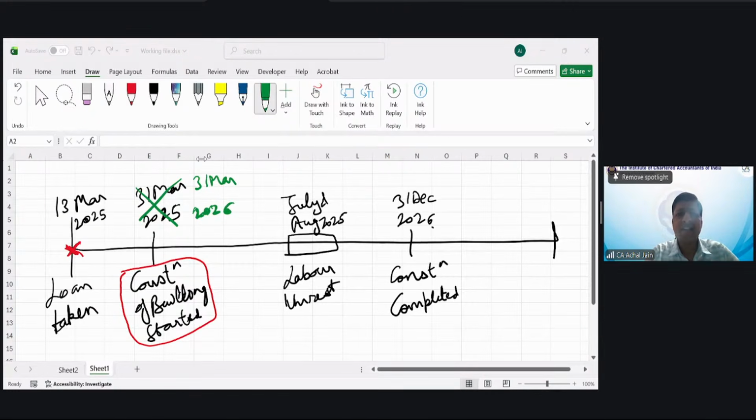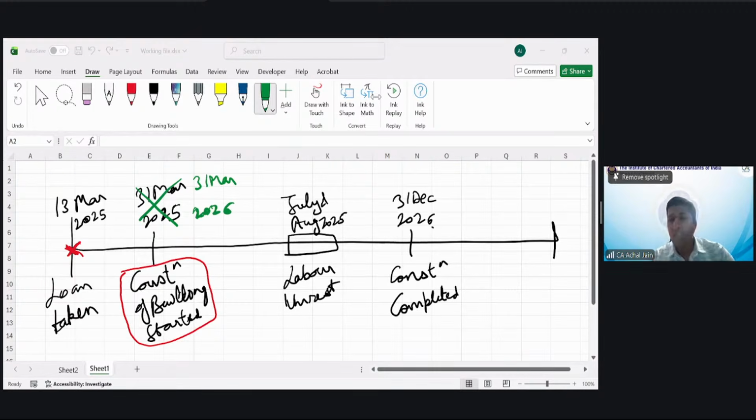Hemin says it doesn't matter when the construction starts, it matters from the date you have taken the loan. Okay, very good. Just says charges will be applicable from the loan taken date. Okay, means 13th of March, is it? Ishan says 31st March 26. Okay,